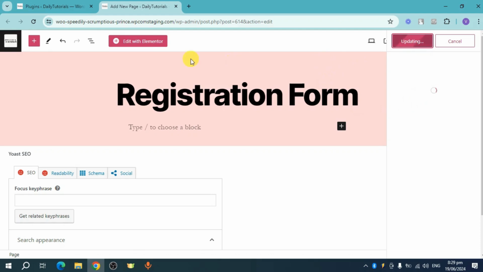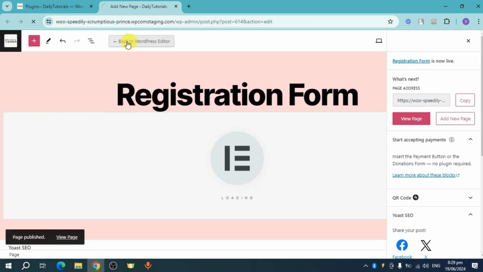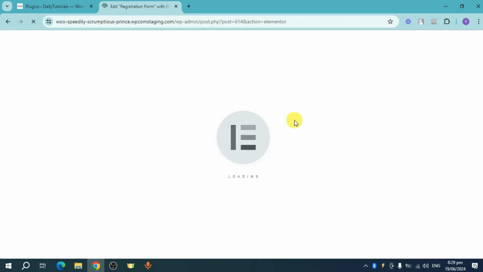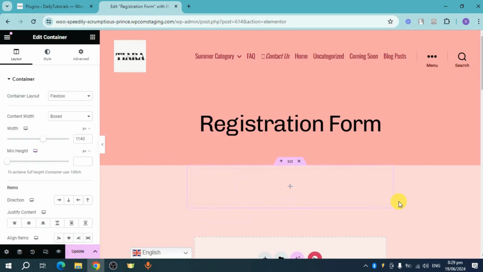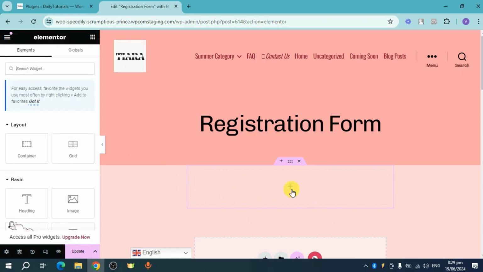Once it's done publishing, head over and click on Edit with Elementor in order to open it with the Elementor editor. Now, once I have clicked on it, this will load and then redirect us to the Elementor builder. This is what it looks like, so we need to put in here a container. Now, on this container that we have just added, we need to click on this plus icon